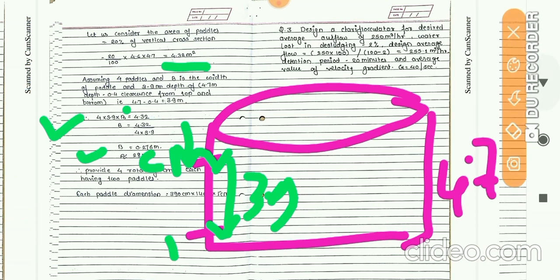So for the width of the paddle, there are 4 paddles, so 4 into 3.9 into B is equal to the 20% area of the cross section, that is 4.32. So B becomes 0.276 meter, which is about 28 centimeter. So 28 centimeter will be the B. So by providing 4 rotating arms, each having 2 paddles,